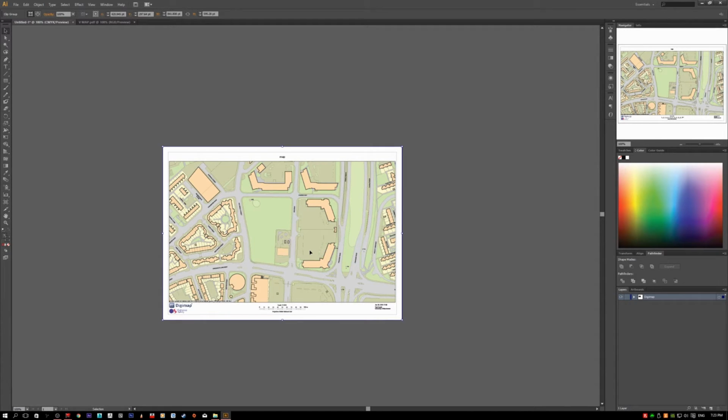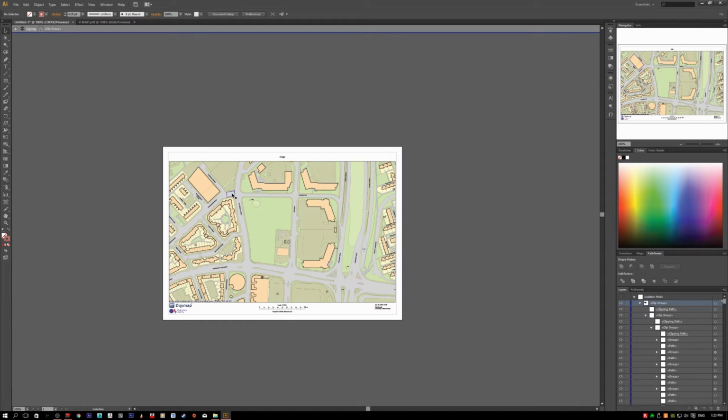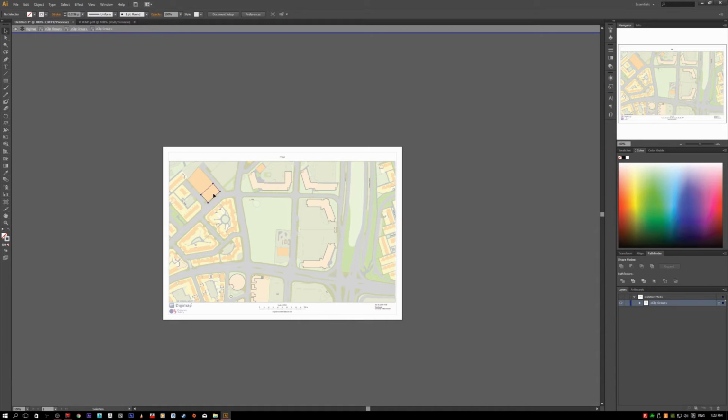Basically, this map is a lot bigger than what you see right now, and they just created this square right here. Not square, it's a rectangle. This rectangle right here, and they created a clipping mask so you can only see this part of the map. So if I double click on this and then double click again, because there are so many clipping masks here, double click again. This is called the isolation